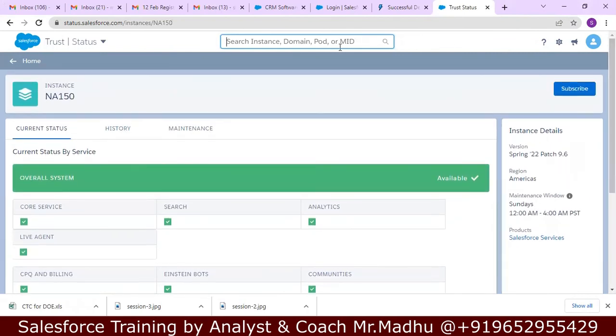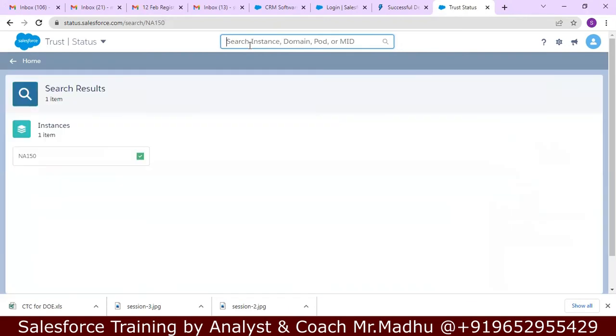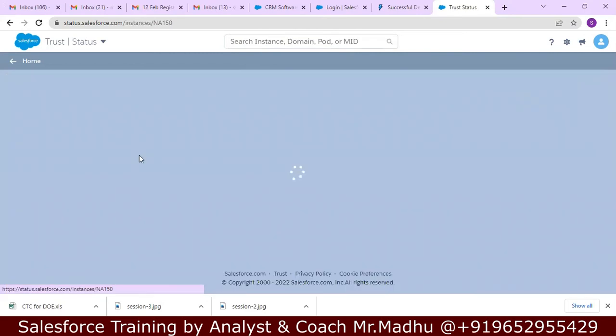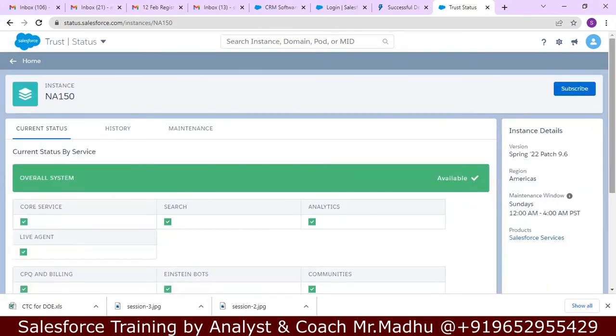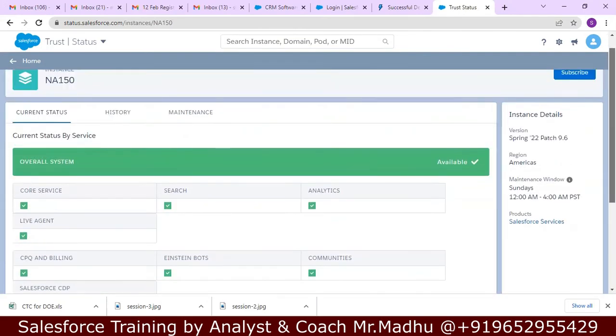Just in the search bar, you type your project's instance. If you are working for one project, there will be one instance for your project. You just type your instance, then go here, click on the green button. Here you can see the current status.